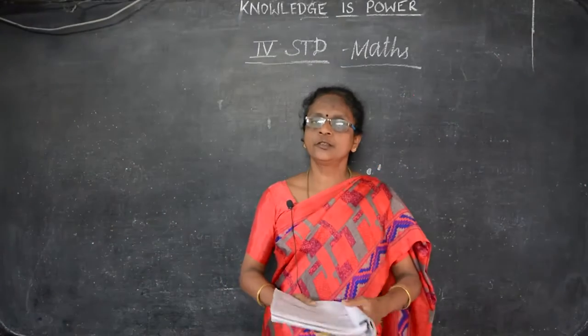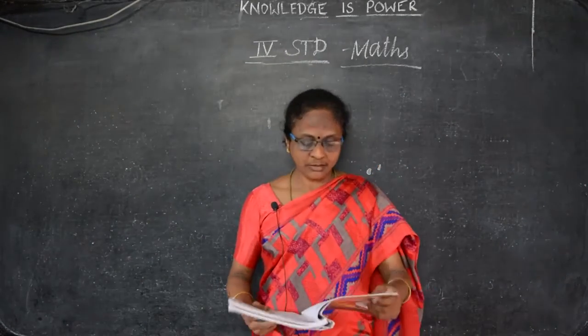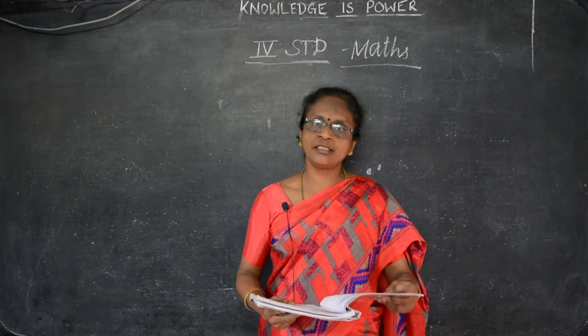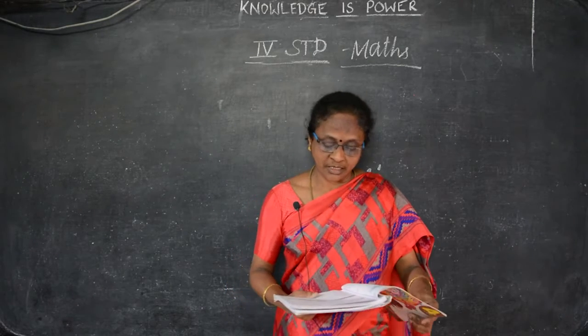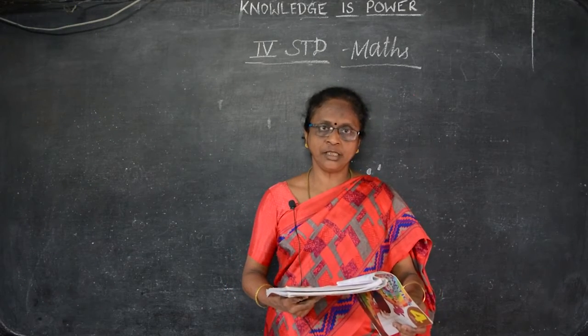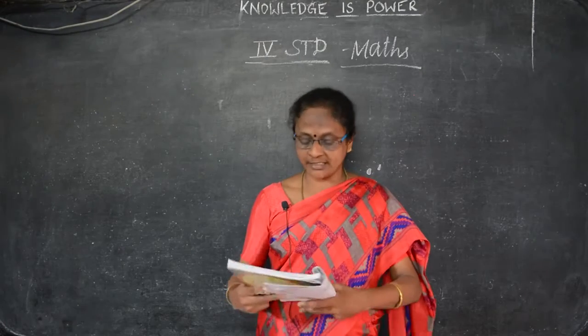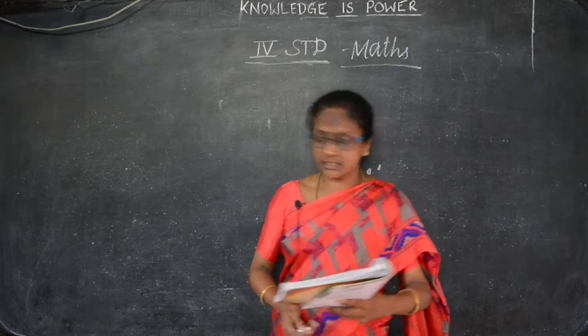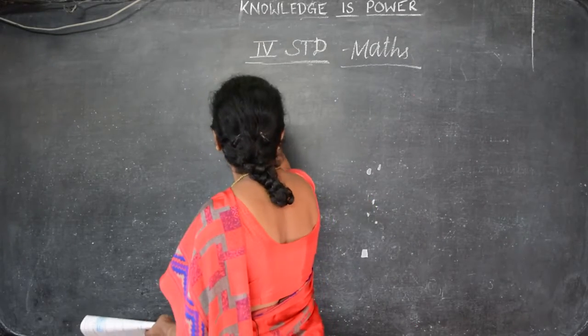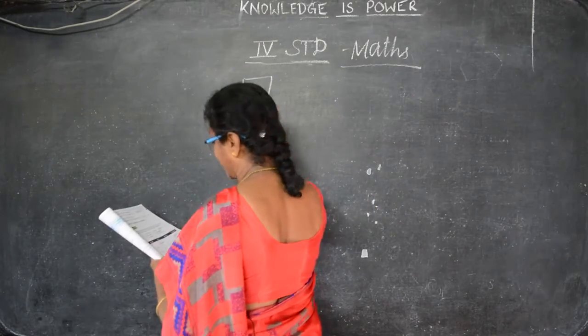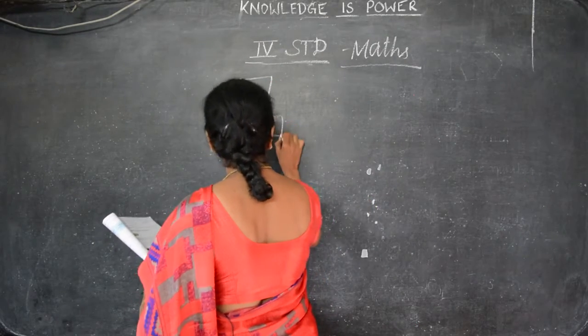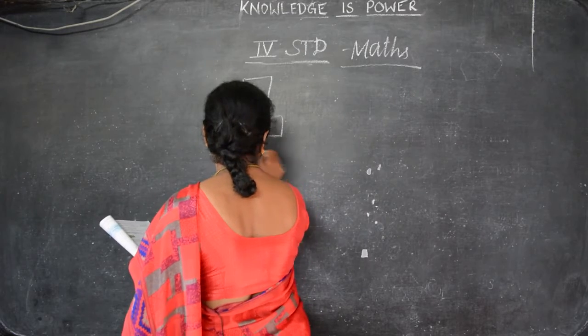Okay, children. This morning we have seen about the circle, that is the radius and the diameter. And now we are going to see about shapes, sides and vertices. I'll write the shapes and you may recall what the sides and diagonals are. Again, you just recall only. So just go through this.